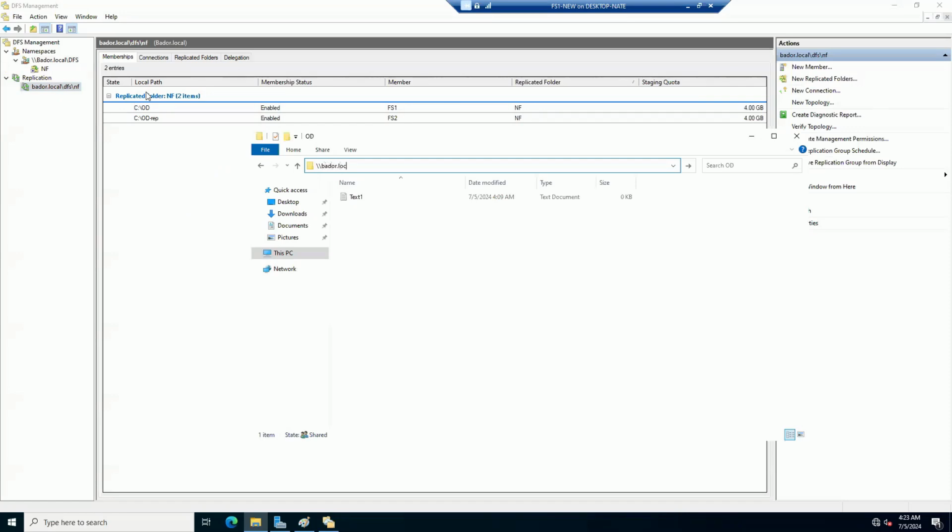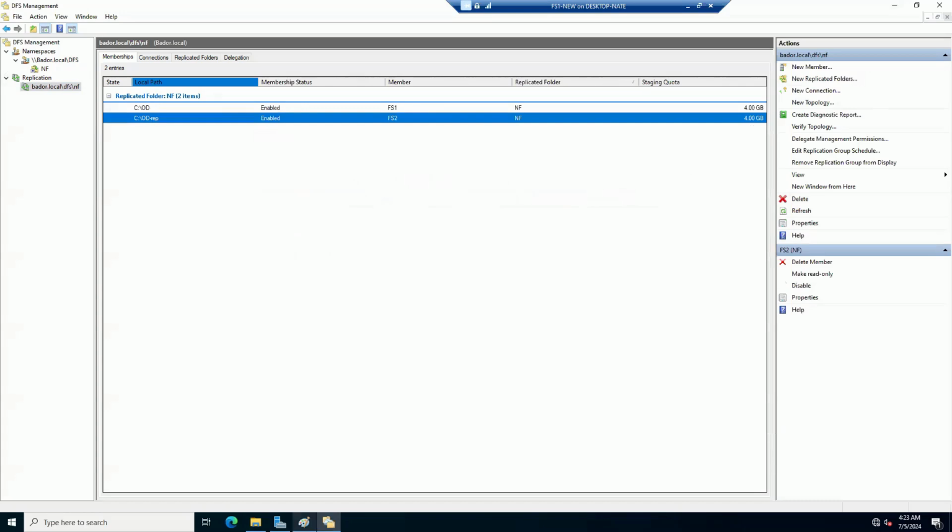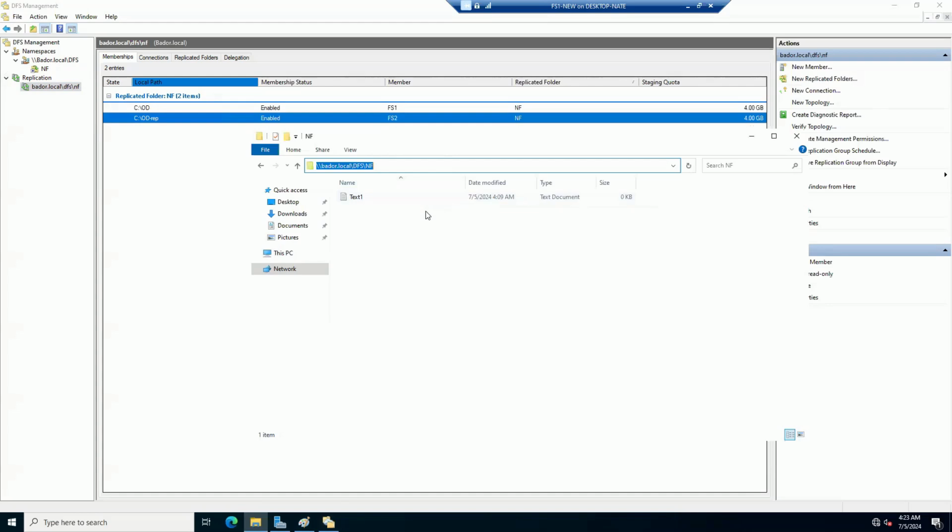So badoor.local, DFS, then we have NF, and we see text1. So we do not have to directly access the drive here or also here. We can do this via this path, and that's okay. Instead of the users of the organization accessing the folder which is located inside file server 1. So this is to make them avoid access to the file server itself so that we can have everything shared